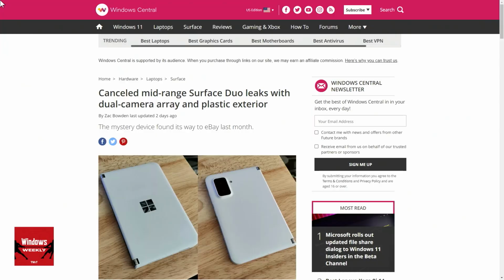So, yeah, I found it on eBay. Unfortunately, I didn't buy it. Not that I would. It's stolen goods, Microsoft. If you're listening, I would never have bought this. Never. On eBay, I came across a weird-looking Surface Duo 2, and the title of the listing was